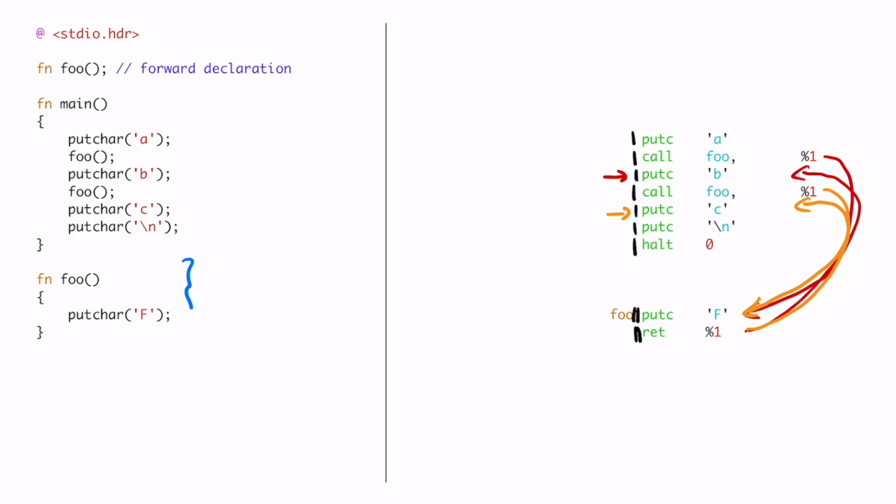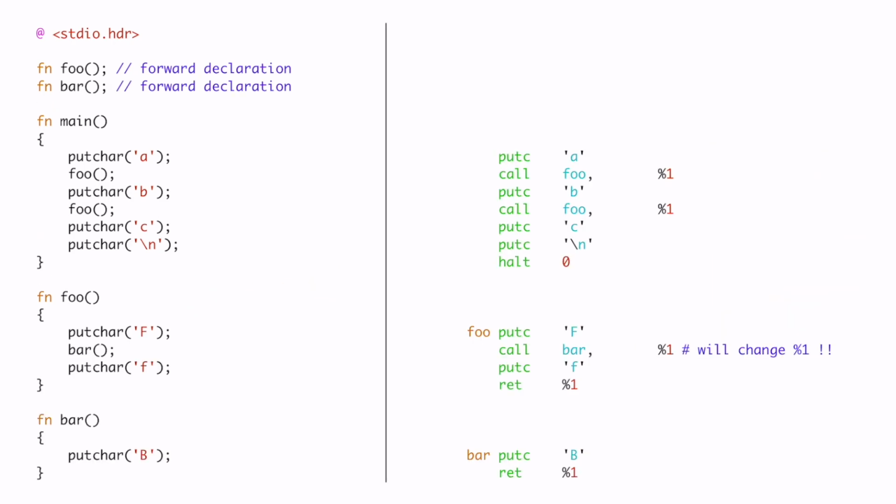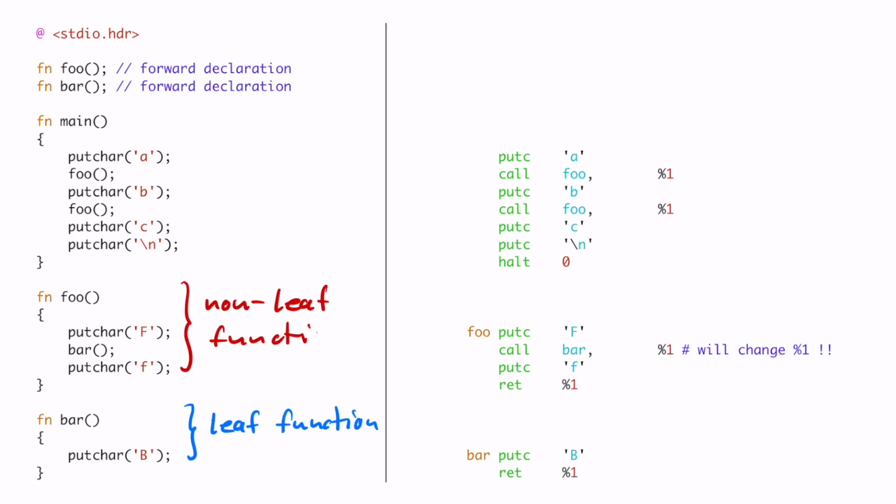Now this pattern works very well when you have functions that do not call other functions, so-called leaf functions. But let's go back to the original problem where we have actually two functions, foo and bar. And here bar is a function which is not calling other functions, so a leaf function, but foo is calling bar. So this is a non-leaf function. But let's use the debugger to see what would happen if we would use this pattern also for this non-leaf